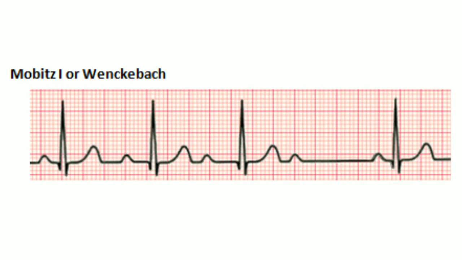In Mobitz type 1, there will be progressive prolongation of the PR interval, or the impulse which is passing through the AV node will be progressively delayed till after the third or fourth beat there will be a missed QRS complex. One third or fourth impulse will not be allowed to pass through it. So there is a progressive lengthening of the PR interval till the time that there will be a P wave, but there will be no QRS complex because the impulse wasn't allowed to pass through.